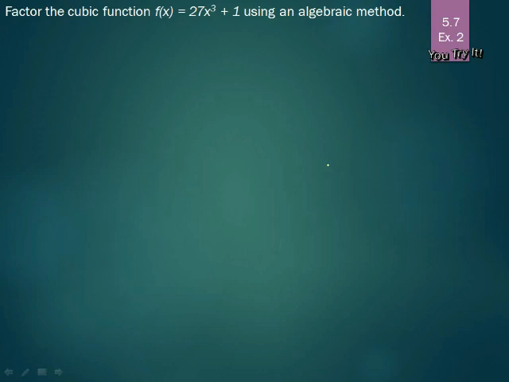Factor the cubic function f of x equals 27x cubed plus 1 using an algebraic method. All right, so looking at this, we can see it's a cubic. Let's first check and see if we can factor out any number. Well, no number goes into 27 and 1 other than 1, so there's no common factor that we